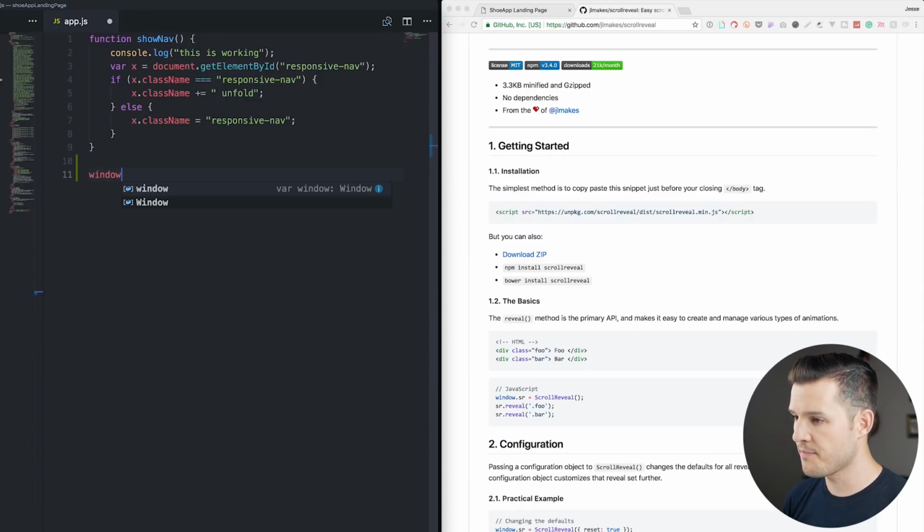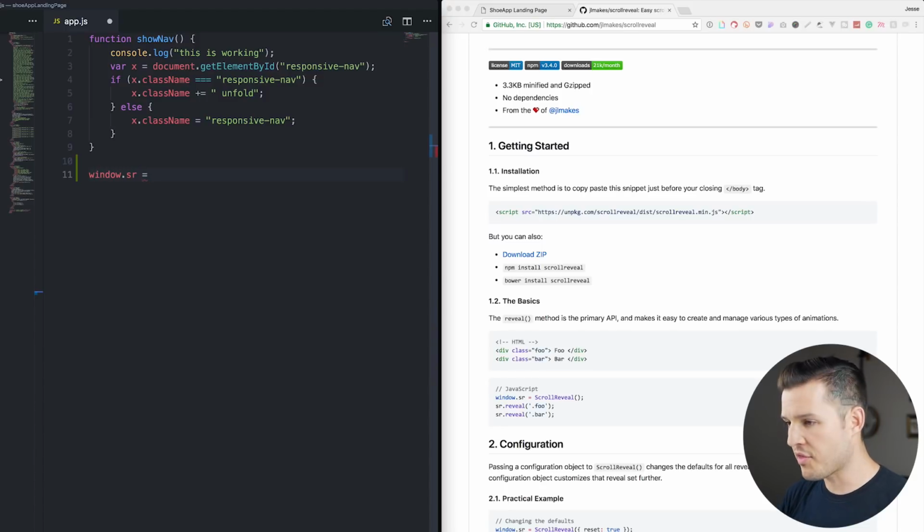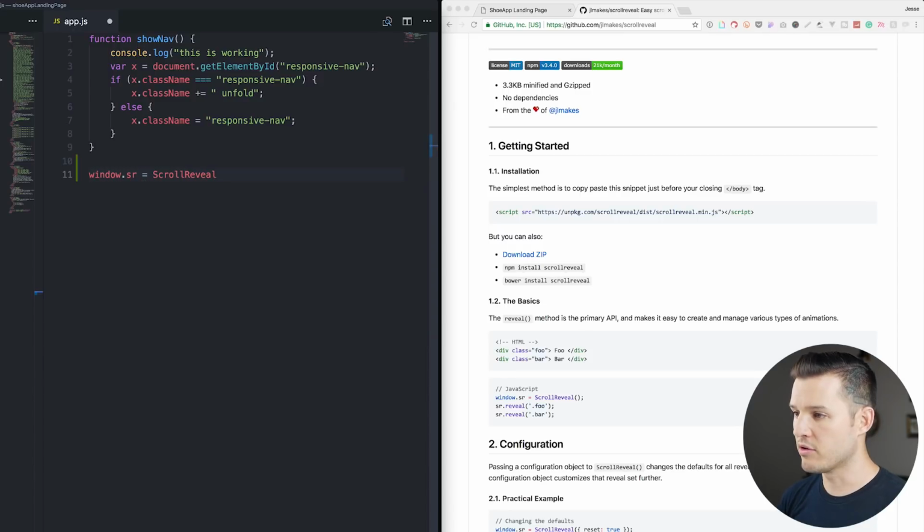We want to say window dot scroll reveal. That's what the SR is for. They've created their own function and methods and everything, and we're just calling to it right now. And so we're going to say scroll reveal, just like that. And then just like a function, we're going to end it with some parentheses and a semicolon. We have now activated or instantiated this plugin in our project, and our JavaScript knows now the functions that are